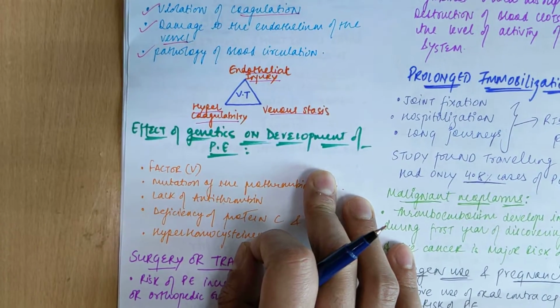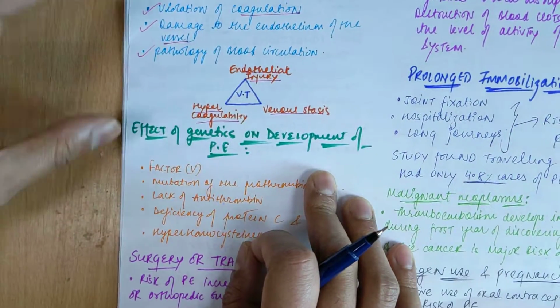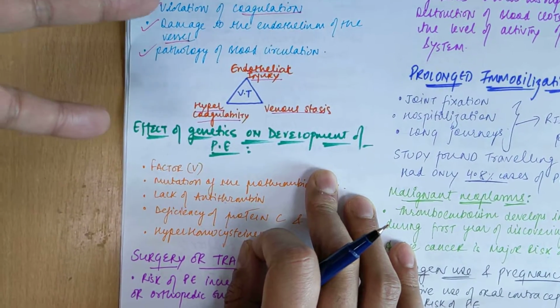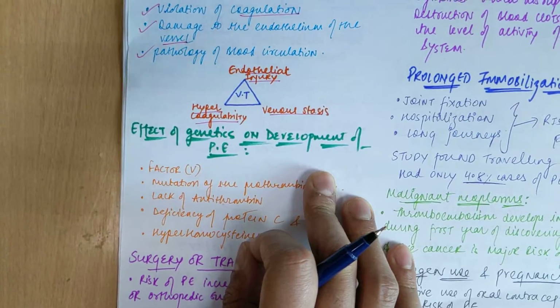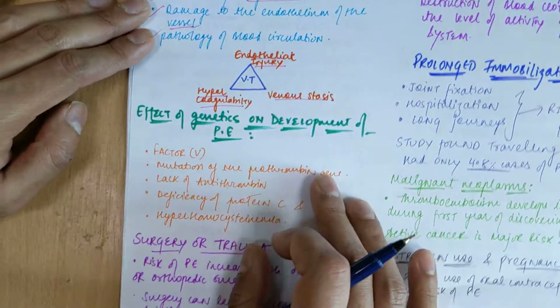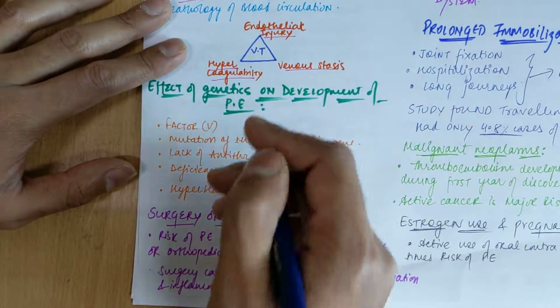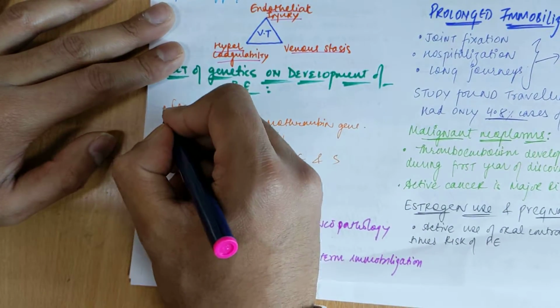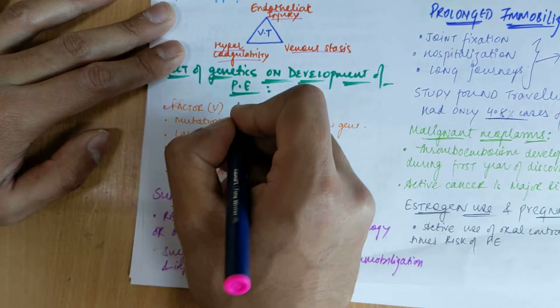So the anticoagulant system is not working properly to thin the blood, like the blood thinners we use for these patients as a treatment. I will tell you later. Okay, now this is called hypercoagulation. Now, the effect of genetics on the development of pulmonary embolism: factor 5 is the Leiden factor,